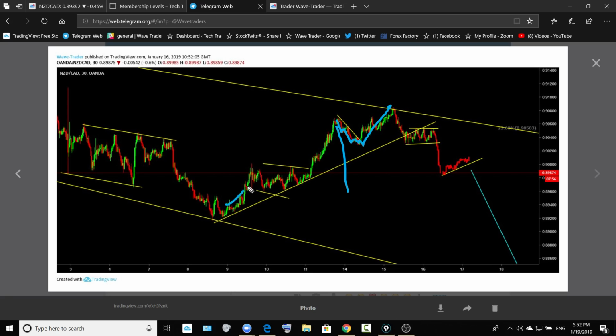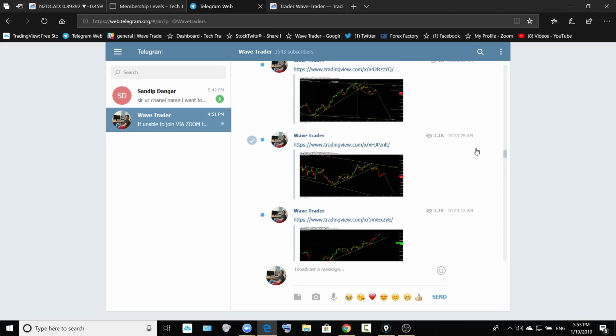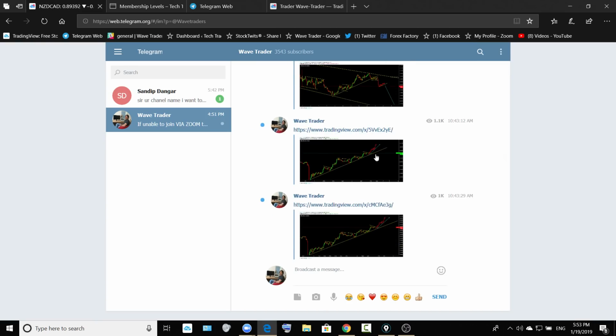Okay, so correct impulse, you have seen correction, next wave, correction, next wave. Price did not form a correction for more upside, it formed an impulsive move and broke down the uptrend, and corrected for downside. That was the sign that the Kiwi cat is not going to continue for more upside, and you have seen the breakout, and we were expecting another correction and that correction to continue to go lower. So next week, just watch for the change in pattern formation on the Kiwi cat.